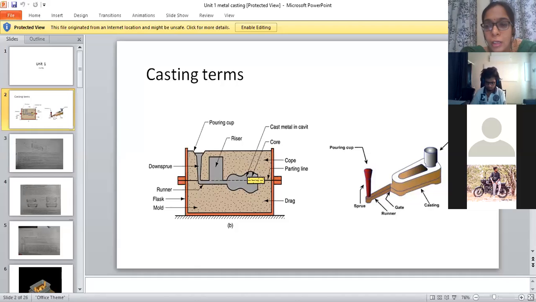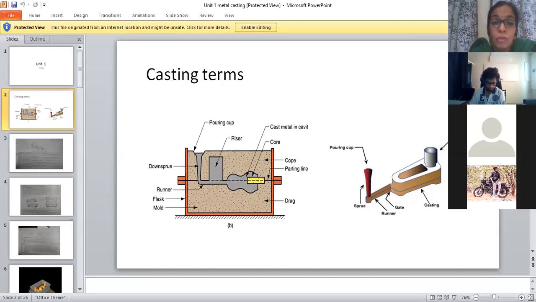Now this is very important for the essay question. They will ask you to write about pattern materials, right? There are four different types of pattern materials: wood, metal, ceramics, and plastics. I will share my notes also, and in that it is very detailed. Why should we use wood? Wood is a cheaper material, right? But when it is in contact with water, it will expand. Whereas if you want a good surface finish, they'll go for metal, right?